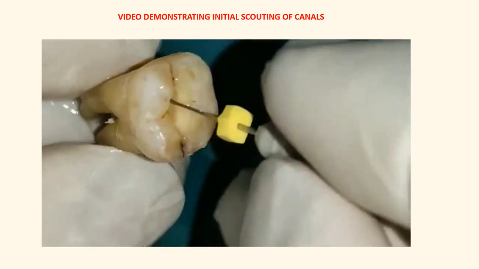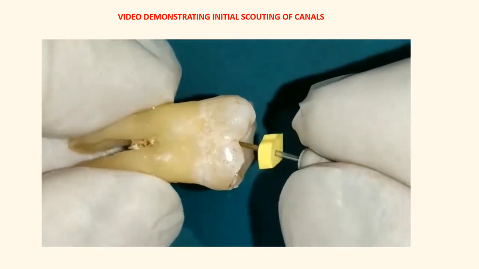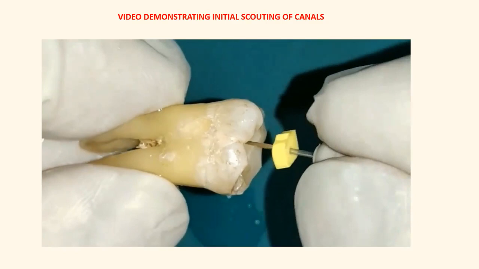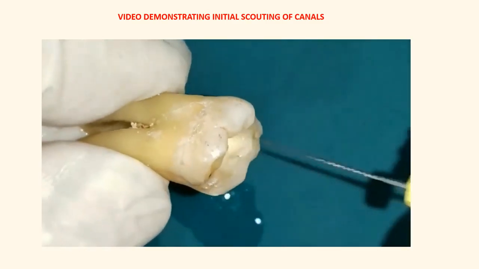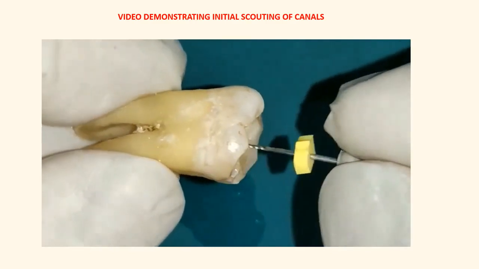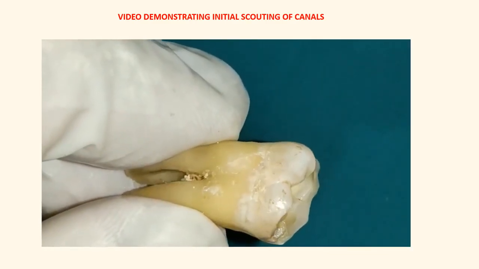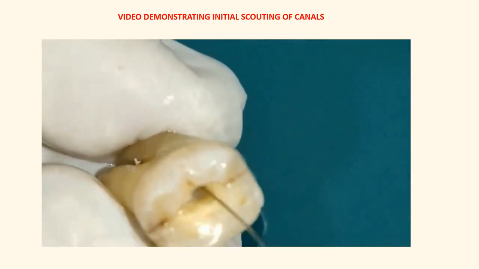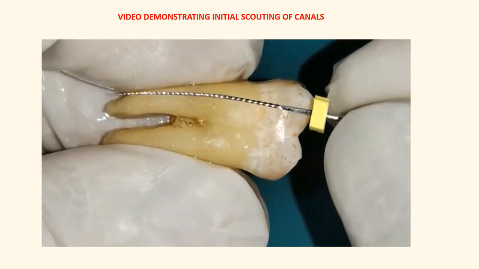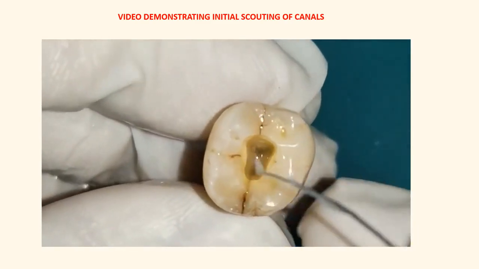Use minimal watch winding and up-down motion of the file. Minimal and very gentle. This is only scouting. Scouting means gathering information about an area. Similarly, in endodontics, it means to get familiar with the root canal system you are treating. It is not a definitive hand instrumentation. It is just to determine the orientation of canal orifices, degree of coronal curvature and canal emergence.